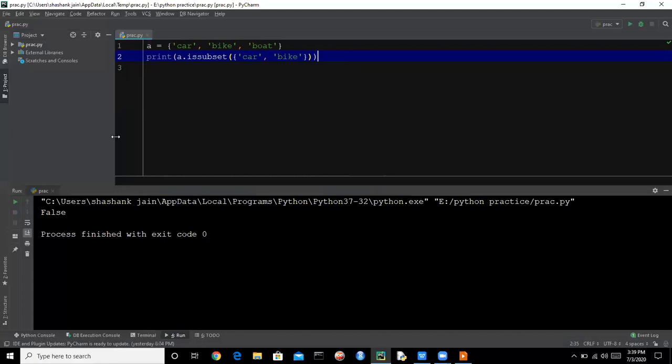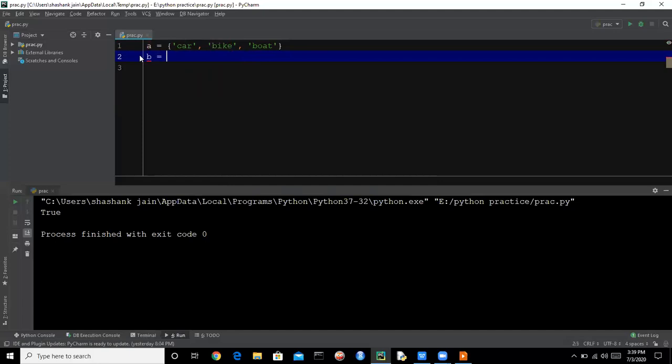So it is saying false because we are having here two values, but here we are having three values. So if we say that the set is this, and we will say here A dot is subset B. So car and bike, this set is the subset of A because car and bike is appearing in A. So let's print this and it is returning true. So this set is the subset of A. So it is returning true.